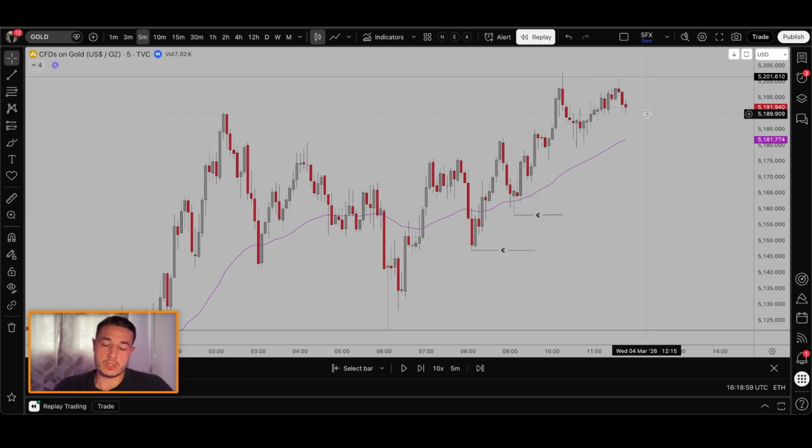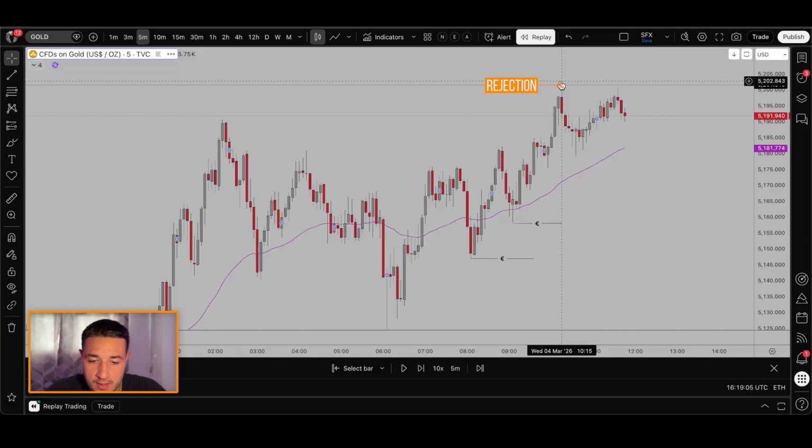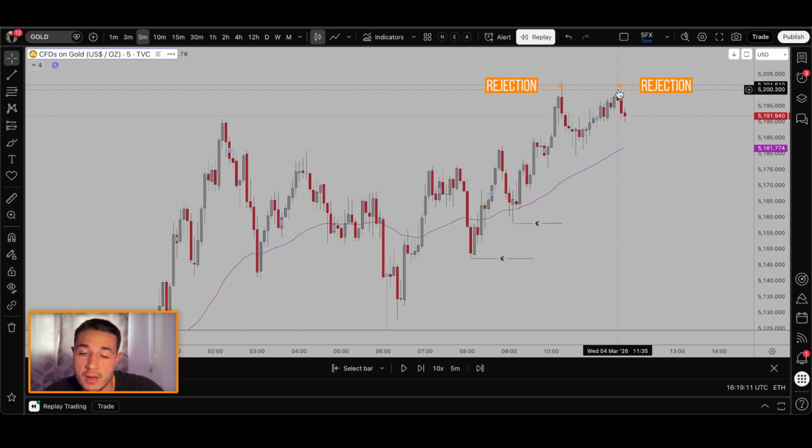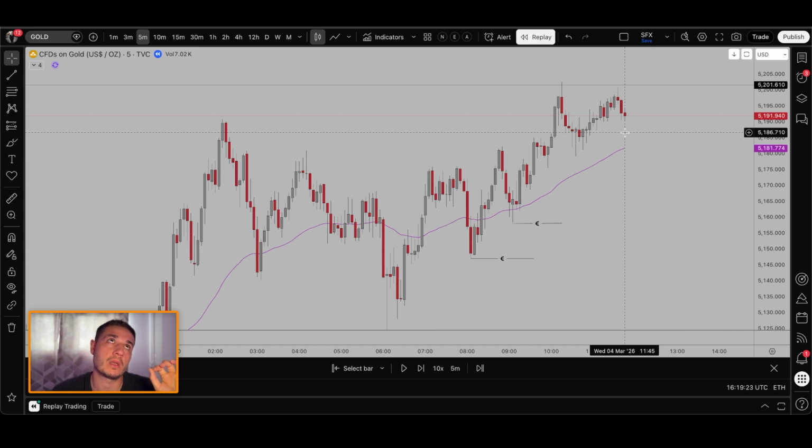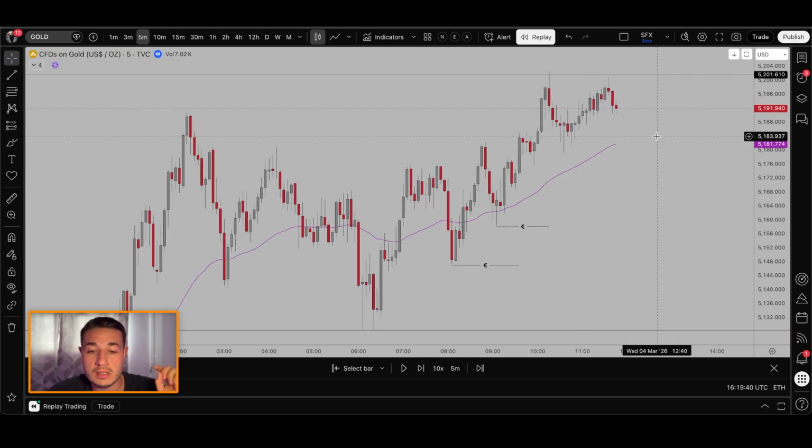Now, how I decided to go in. If you can see, the first rejection happened at 10:15 a.m. UK time. The second one happened at 11:35, more or less an hour and something apart. And in the process, it kind of built liquidity to the upside. Now we have to put this in perspective that we did reject the 15-minute order block or supply area, however you want to call it. We were bearish on the higher time frames such as H4 as well as daily, but the last confirmation for me was honestly when